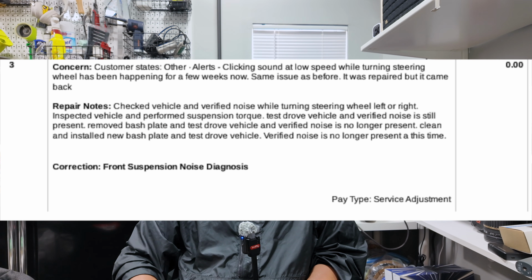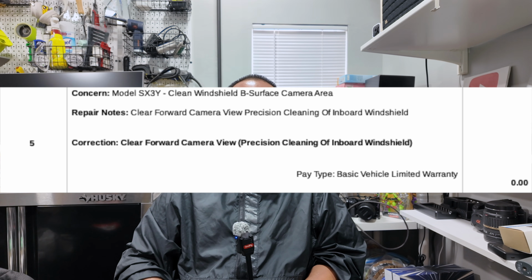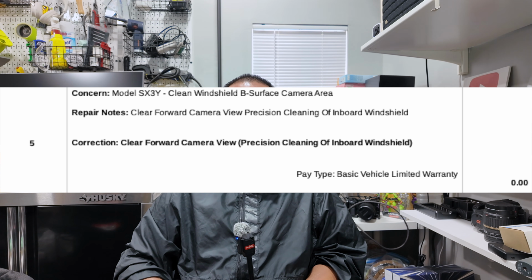So concern number 3 looks like it's related to the clicking noise. I don't know why they separated these two, but it looks like it's there. Number 4 is check tire pressure and condition. Number 5, I wasn't sure what it was. Maybe it's a TSB, but the concern says: all Model S, X, 3, and Y, clean windshield B surface camera area. Clear forward camera view, precision cleaning of inboard windshield. So this is probably a TSB that I was not aware of. Now their hourly rate is